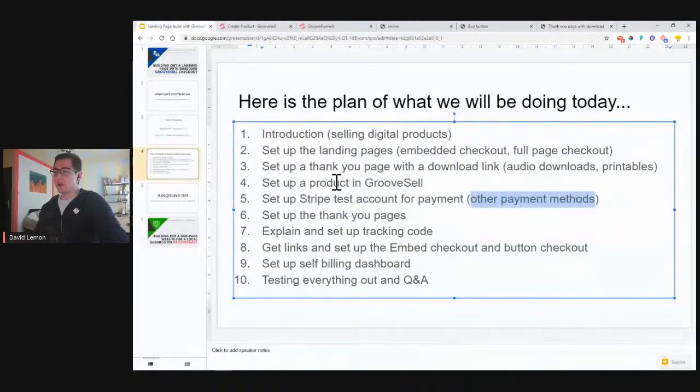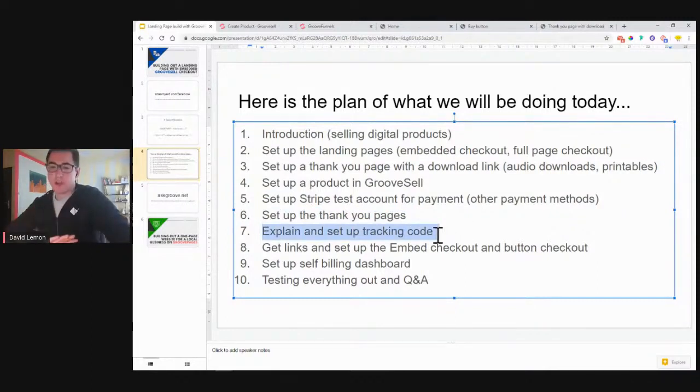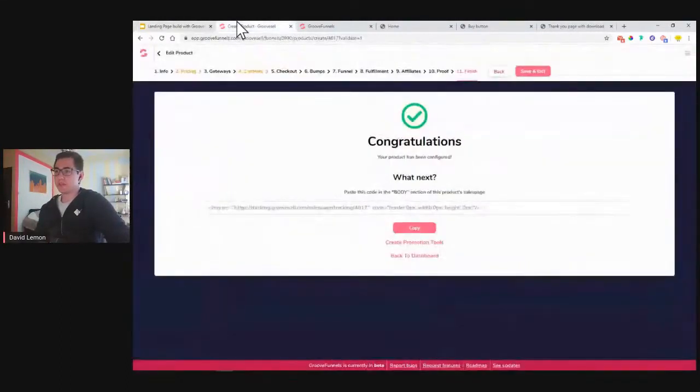Let's go on and see where we are now. So we set up Stripe, we set up the thank you pages, and then step number 7, explain and set up a tracking code. This one is, I think, at this moment, the most important thing, because in case you don't set up the tracking code that you got here, you cannot track visitors, you cannot track sales of